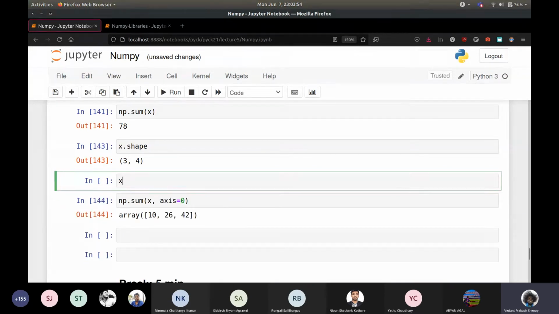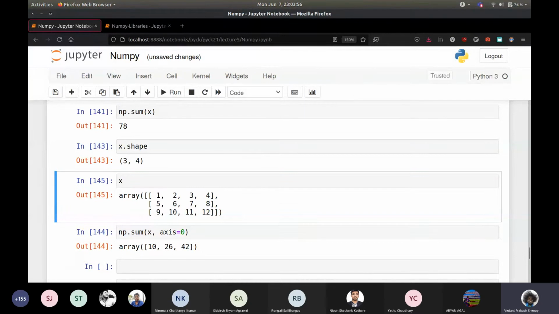If you're from a physics background, it's easier for me to explain because there are things called Einstein summation and so on, which I think a lot of people also do in their first year. But the basic thing is sort of similar to that. You want to either sum over each row or you want to sum over each column. So summing over the columns is like this. This is how I define it. So summing over the column, you will take each row and then sum all the elements in each column. Right. So you can call it a row wise sum or a column wise sum or whatever you want.